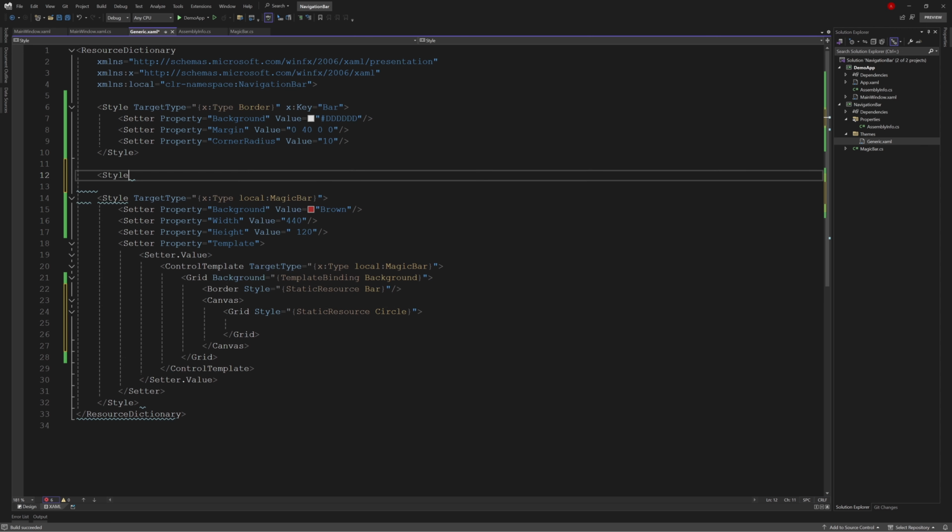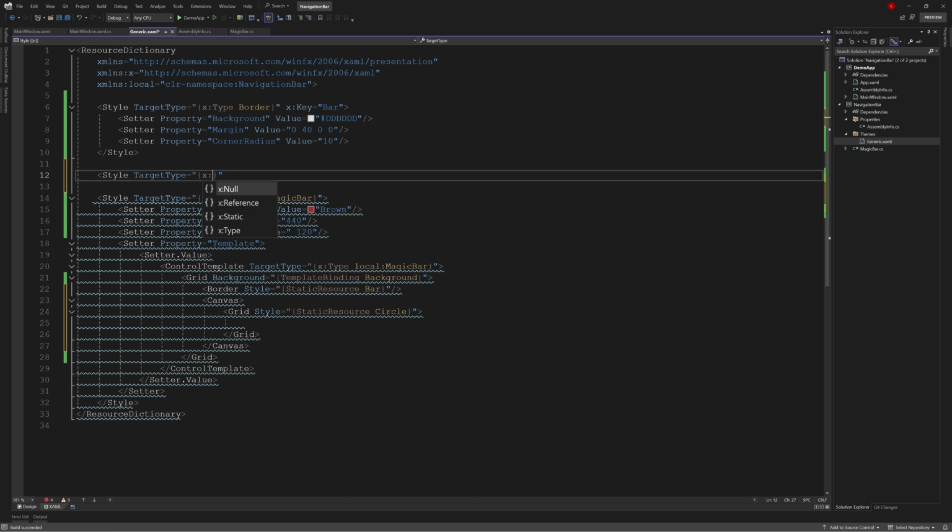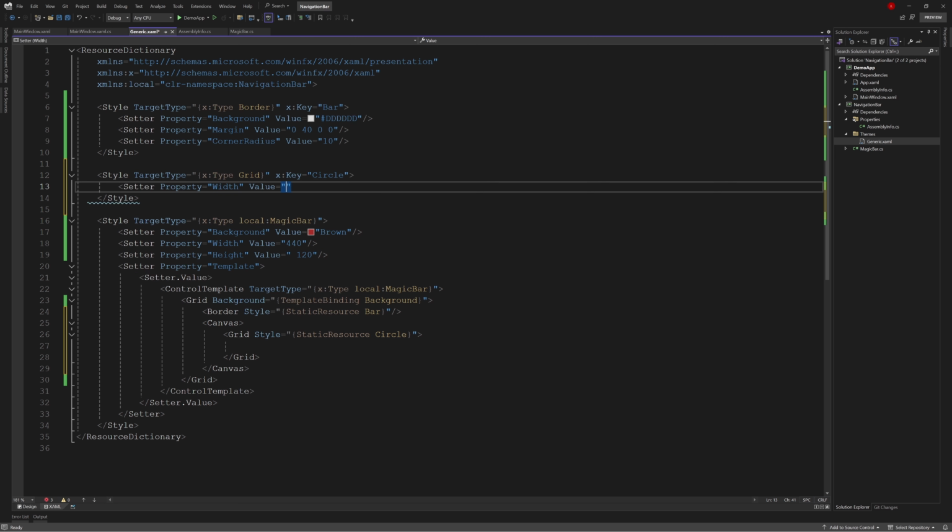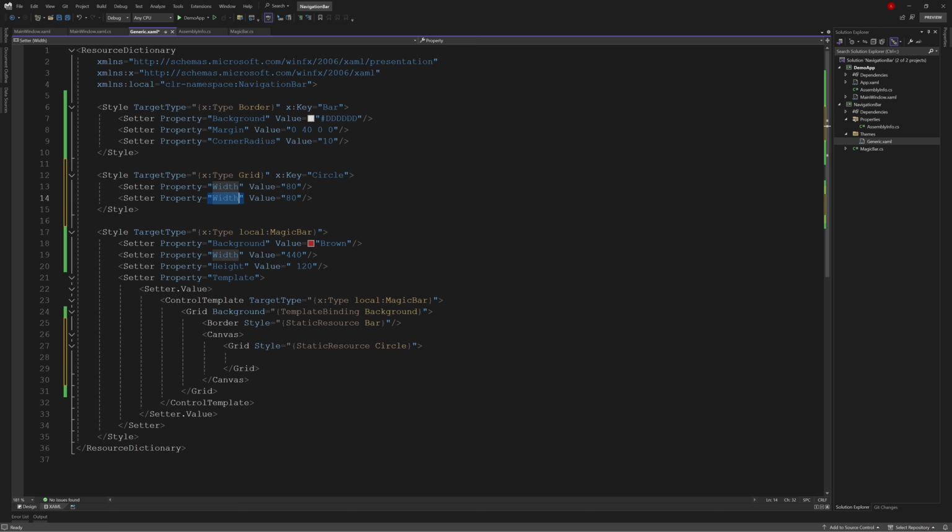Then we can customize it on the top. Width and height of 80. And next, let's add an ellipse.